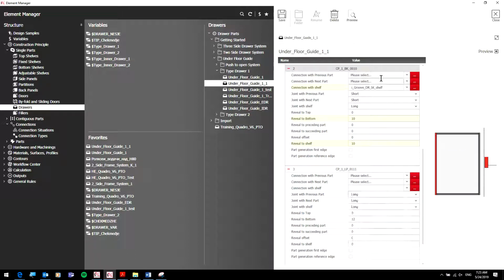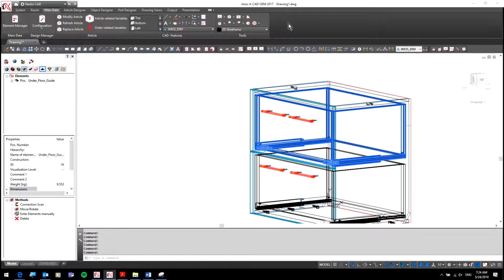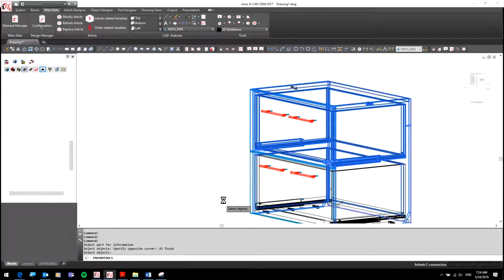Oh wait, here I missed something. Here I missed the dowels. And then here I say no dowels, but here groove, and reveal 10, save, close, and now I refresh,